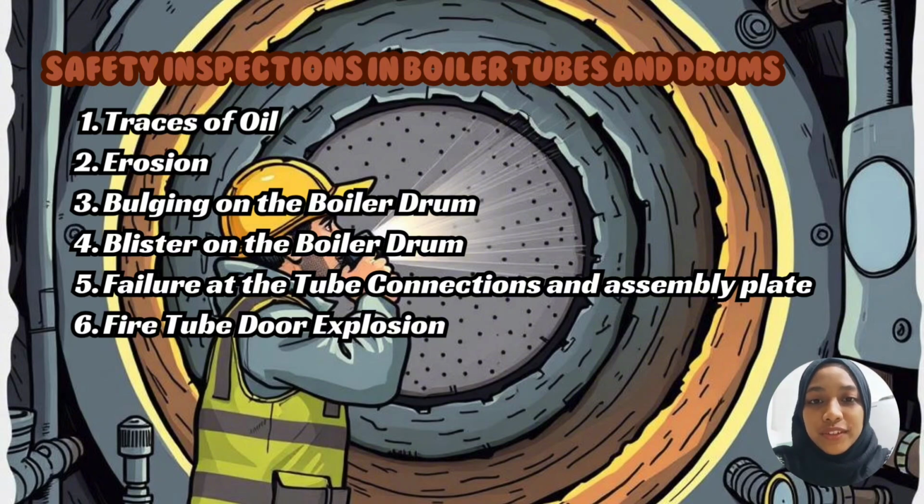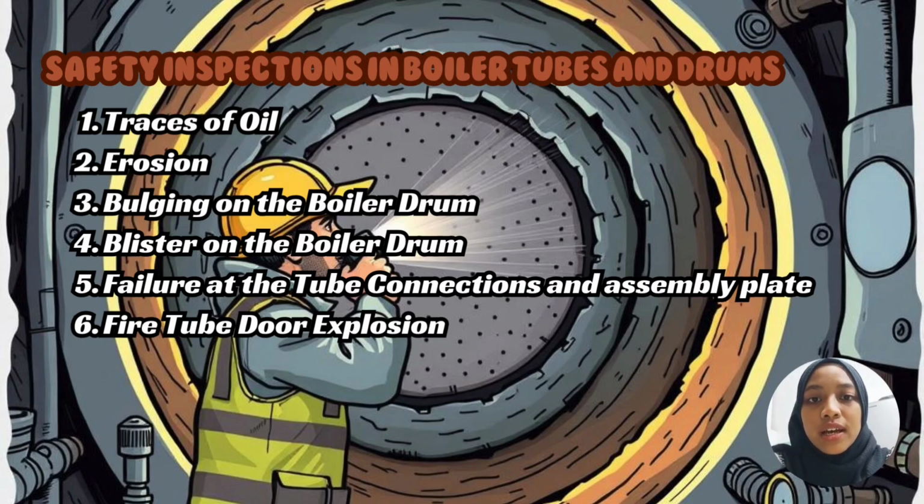01DKM22F1077. So today I'm going to explain about the safety inspection in boiler tubes and drums. When inspecting boiler tubes and drums for safety, it is crucial to check for several potential hazards. This includes the presence of oil traces, which may indicate leaks or contamination and sign of erosion that could weaken